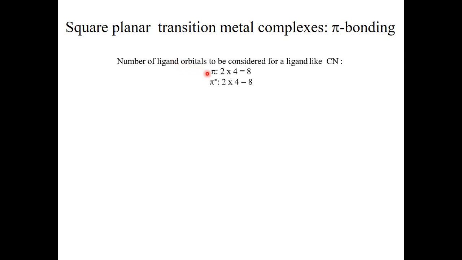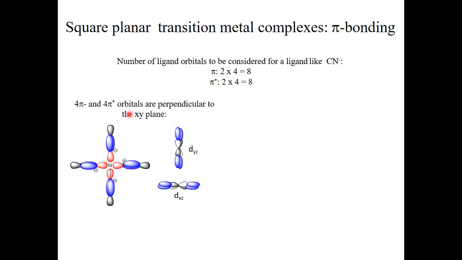So each cyano ligand has 2 pi orbitals, and if you have 4 cyano ligands, that gives 2 times 4 equals 8. But it also has 2 pi star orbitals each, and if you have 4 cyano ligands, that also gives 2 times 4, which is equal to 8. So now,